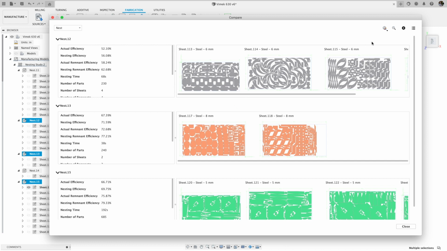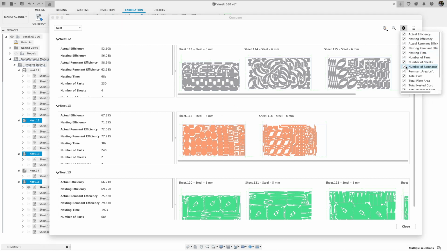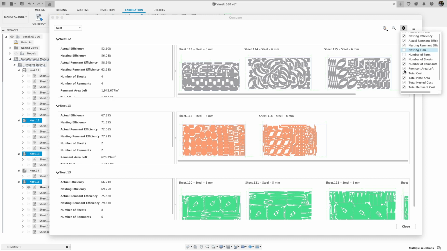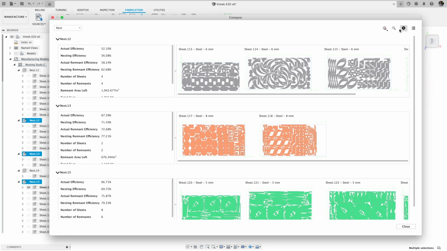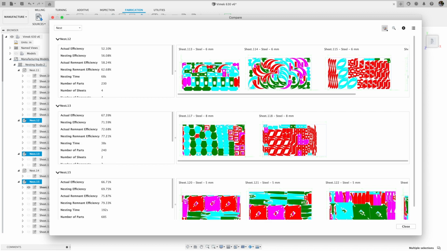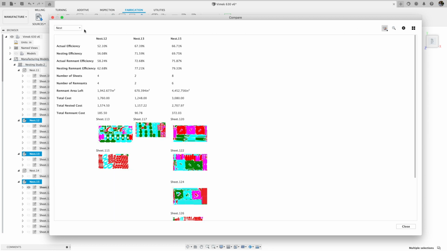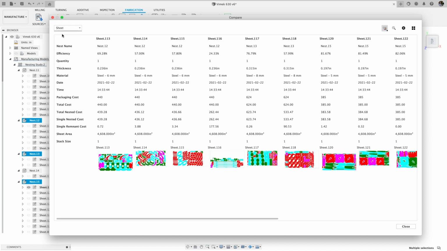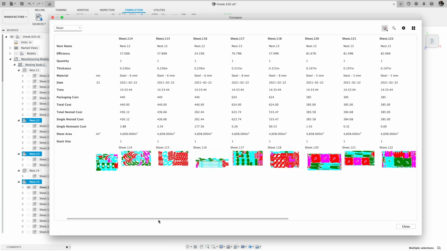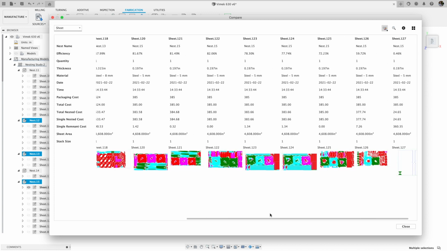Once your nests are ready, right-click on any number of sheets, nests, or studies to compare the nested results. The Compare dialog gives a configurable overview of key metrics like cost and efficiency, as well as a preview of the nested sheets. You can configure the metrics and the sheet appearance in the upper right-hand corner of the Compare dialog. This quick and informative view can help with quoting jobs as well as making purchasing decisions for material and